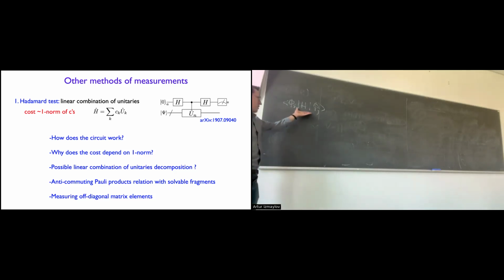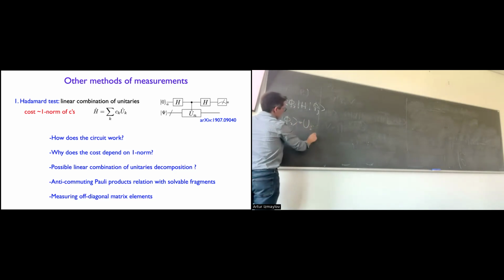And then matrix elements of the Hamiltonian would be needed. The whole point of doing that is, let's say, your states could be some unitary ansatz applied to a simple state, Hartree-Fock, and then